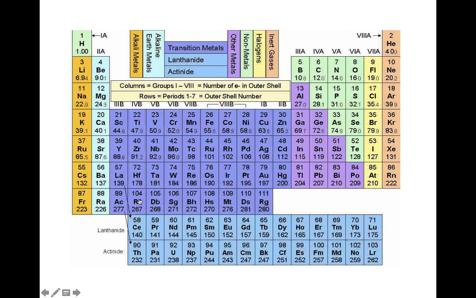So here you can see, just to go over what we talked about, the alkali metals are the first group. The alkaline earth metals are the second group. The halogens are the group with oxygen, group 16. These are the halogens. And then the noble gases,